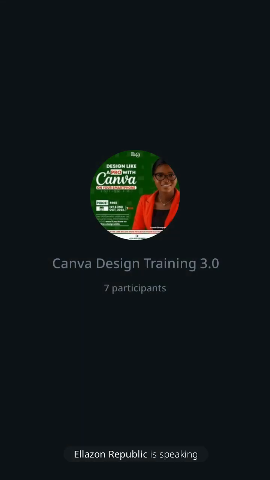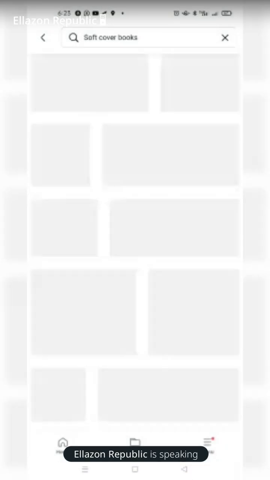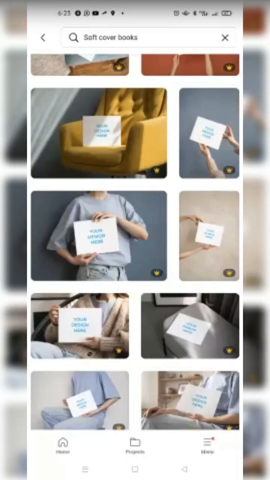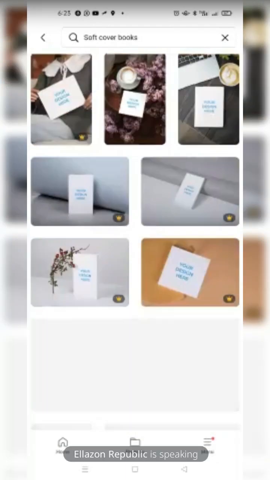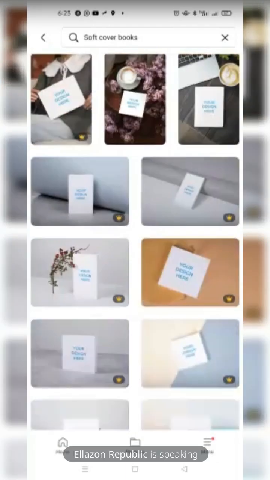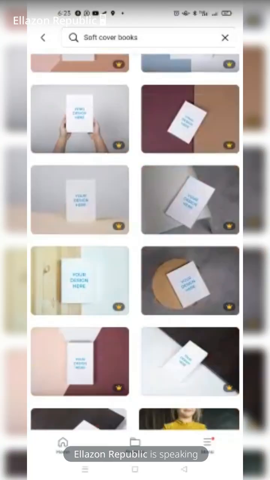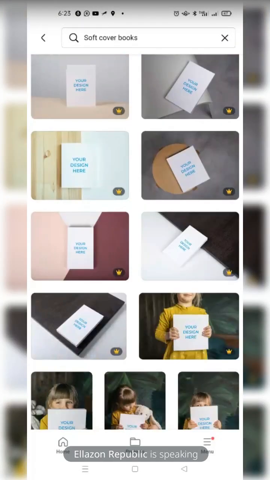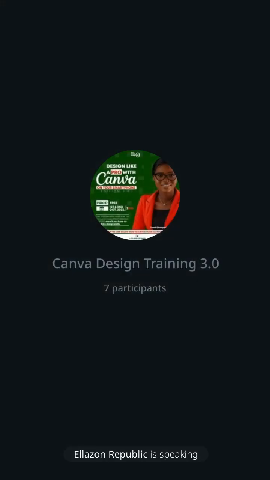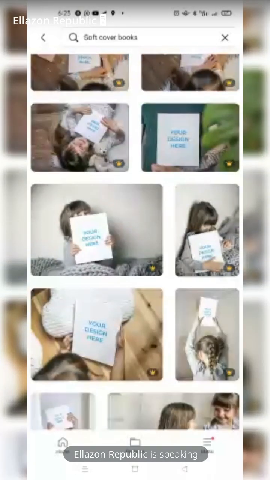So let's scroll through it. If you scroll through it, you will see the size or the shape you're looking for, and you can either subscribe to their stuff, or